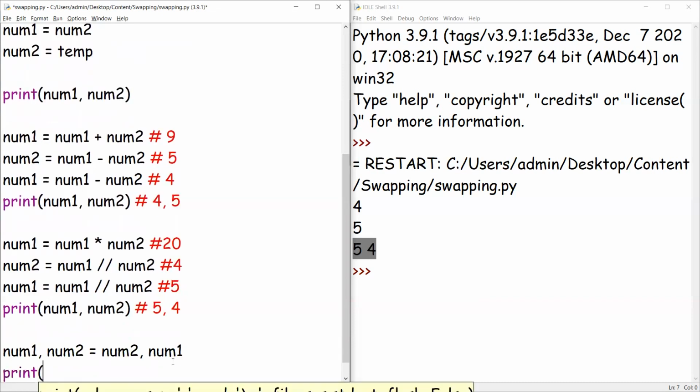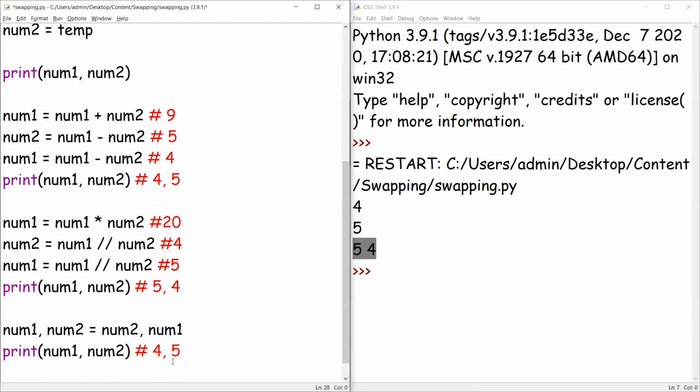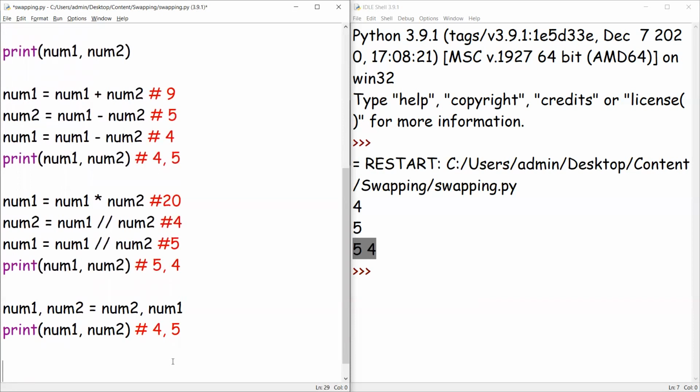So let me print the values of num1 and num2 here as well. So here my output would be 4 followed by 5. Also, there are other approaches in C, Java and C++, but not in Python. Let me write this in a comment and explain this method as well.